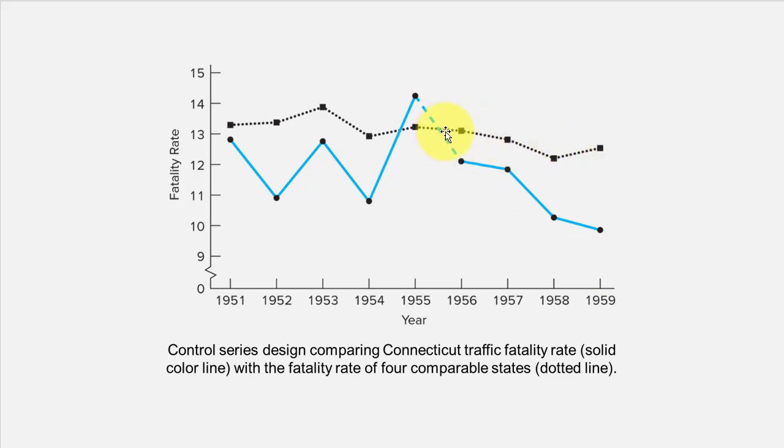there was some carryover. Let's say that Connecticut says, well, we're going to make seatbelts mandatory. And people in the other states started to think, well, wait a second. If this state is saying that we should have seatbelts implemented and they start to see a downward trend, maybe we should wear seatbelts too. And maybe they started to see a downward trend as well, but not at the same rate as if